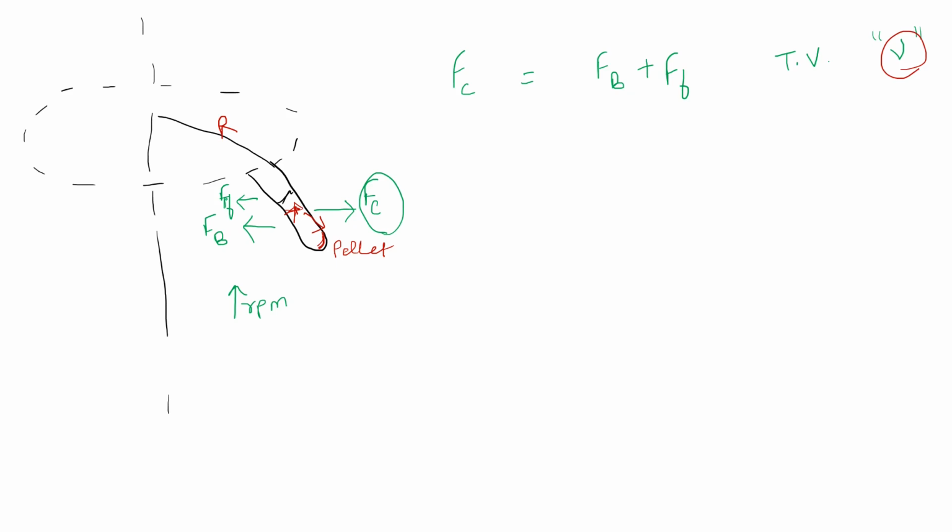So what we need to do is substitute for the expression of all the three different forces in this equation and then derive an expression for V. So how can you represent centrifugal force? Well, any force is mass into acceleration, and since this is a spinning action that we are considering, we'll consider the angular acceleration.